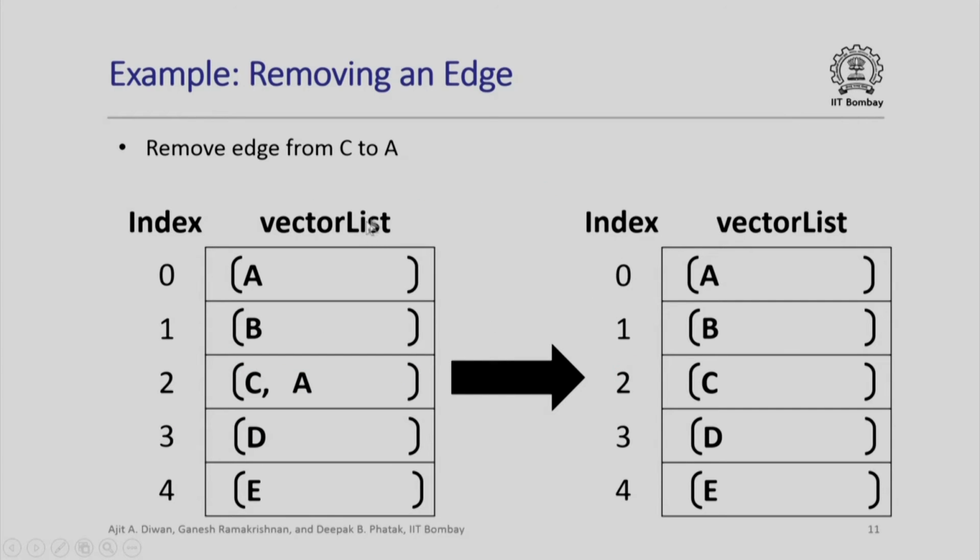How do we remove an edge? Suppose we want to remove the edge from C to A. Again, we will be given a source and destination, which edge is to be removed. So, we will have to search for the source, which as usual we search amongst the first element of the respective vector list. So, we will iterate around these vector lists, and whenever we find C, then we go to the edges. A happens to be the edge here. There could have been other edges as well, but as long as edge A exists here, the C to A edge has to be removed. When we remove it, A will be removed from the vector list. So, a simple operation again, and the function to do this will appear very similar to adding an edge.